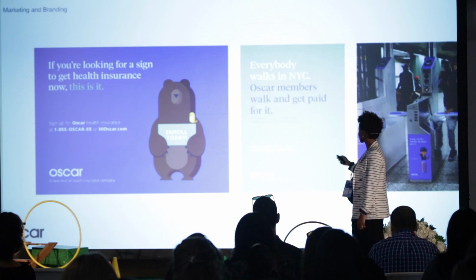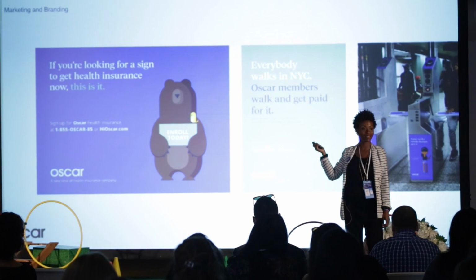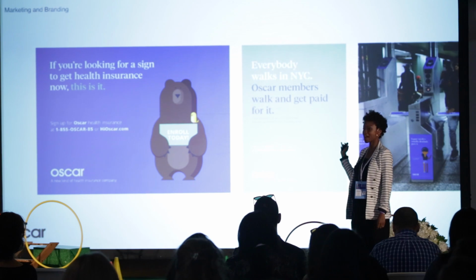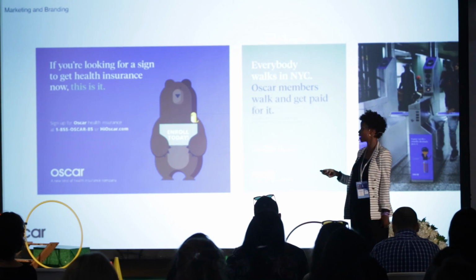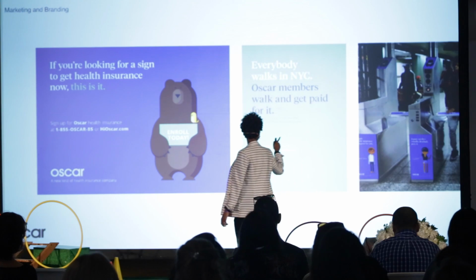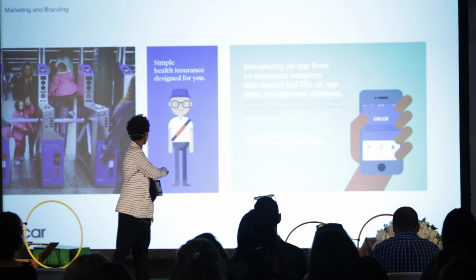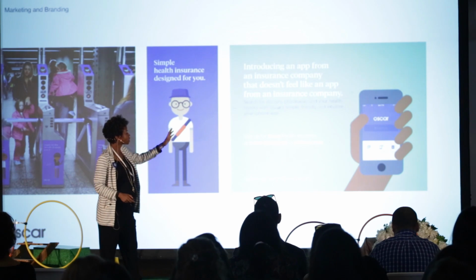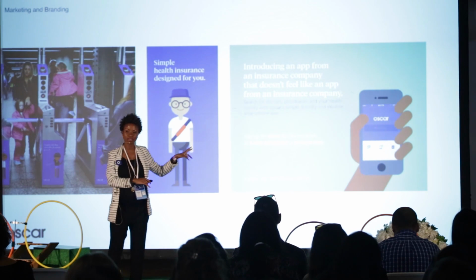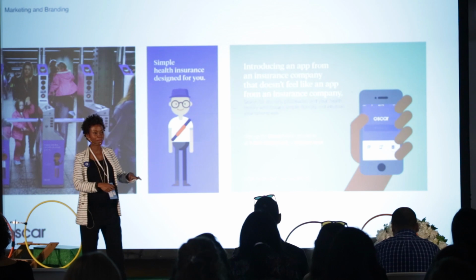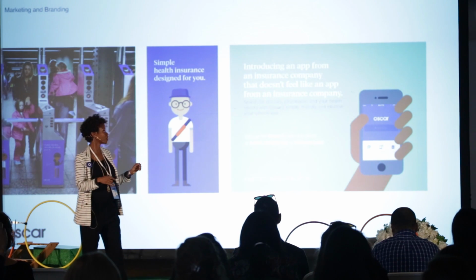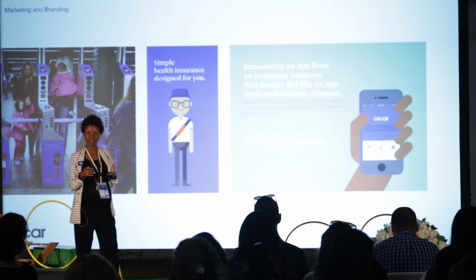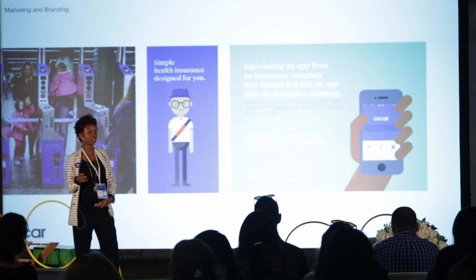Now you can start to see examples of what it actually looks like laid out in a particular medium. This is the layout of some of the out-of-home subway work that we've done. And you can see over here an example of what it looks like in the trains. But this work started to go from just talking about the ethos of Oscar to also talking about examples of what we offer, our app, talking about how Oscar is particularly designed for each of you, each individual.